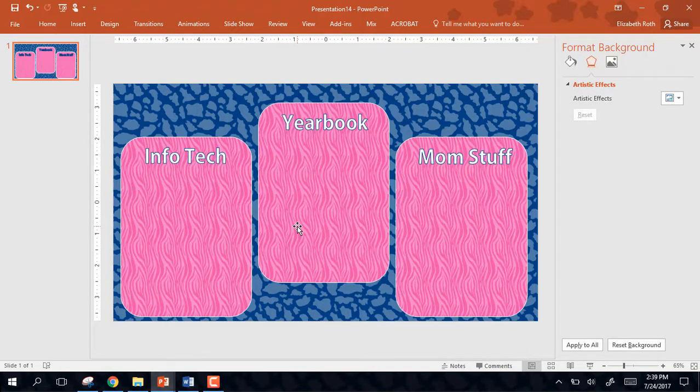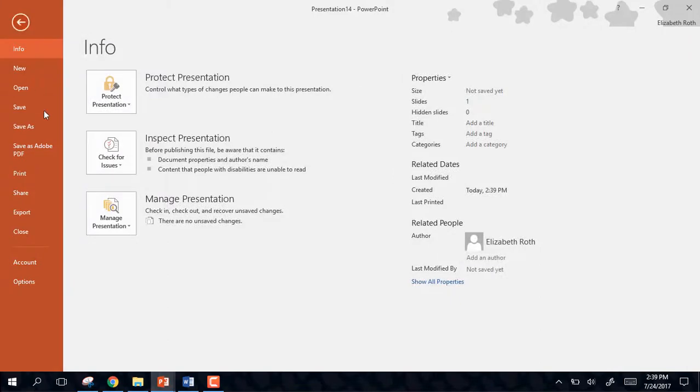Alright, once you think you have everything looking the way you want it to, there's two ways that you can save it. The first way would be to just use the snipping tool to snip it and save it, which is an awesome, really quick way of saving a PowerPoint slide as a picture. Sometimes the quality isn't always there though,